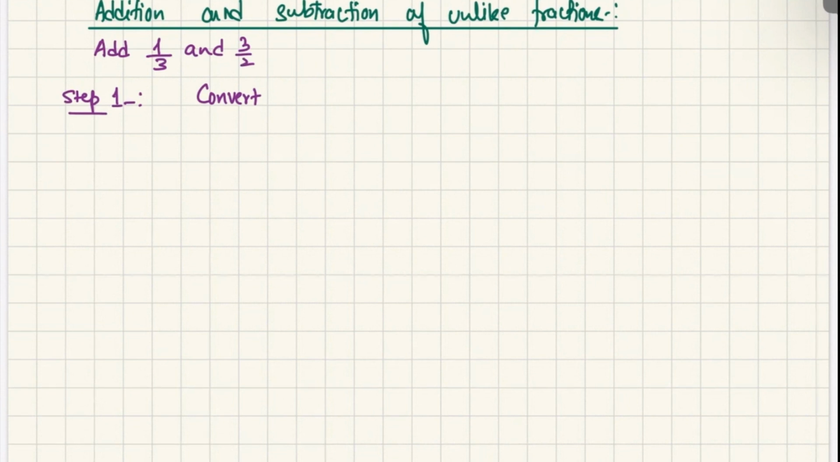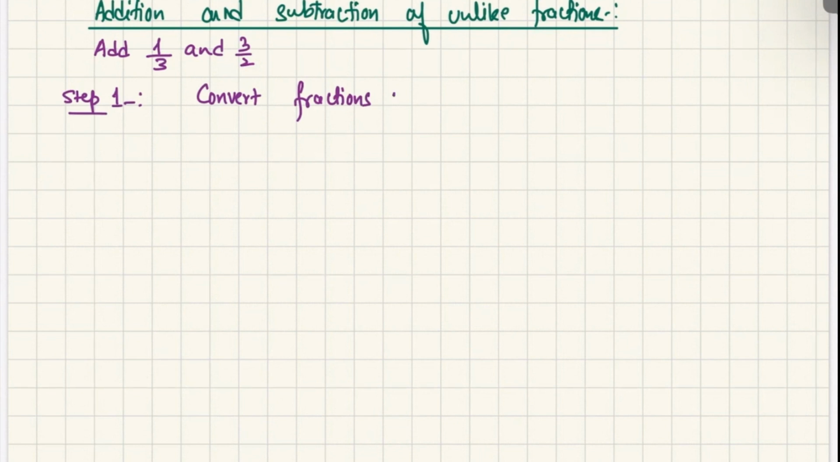We have a question: add 1/3 and 3/2. Now here you can see the denominator in the first case is 3 and the denominator in the second case is 2, right? So both of these fractions have different denominators. That's why I will call them unlike fractions. If I have to add or subtract unlike fractions, I will follow 3 steps. First step is convert